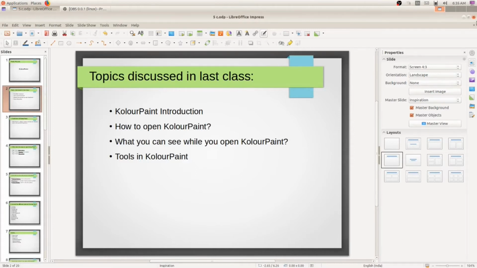The third topic is what you can see when you open color paint. And finally, the tools used in color paint. We will discuss some questions related to these topics in today's class. So let us start the first question.